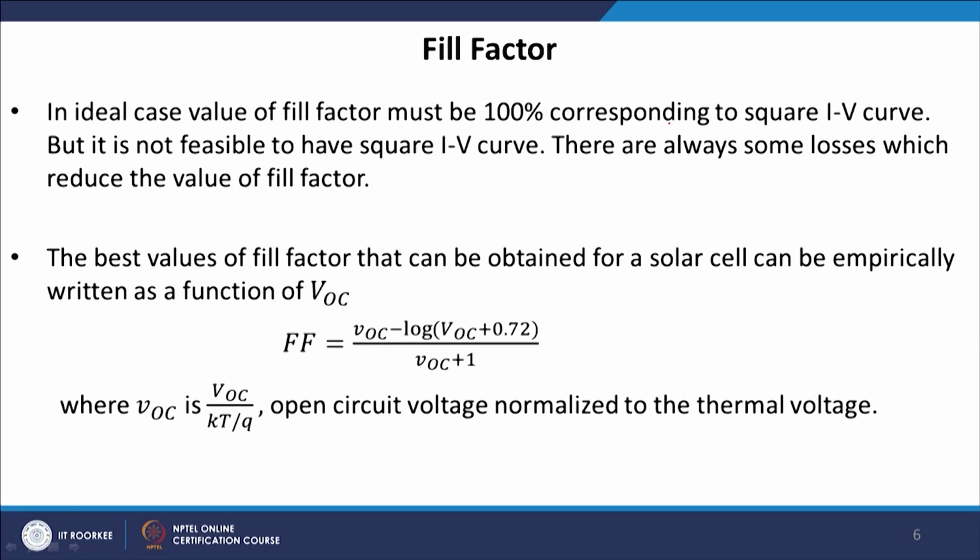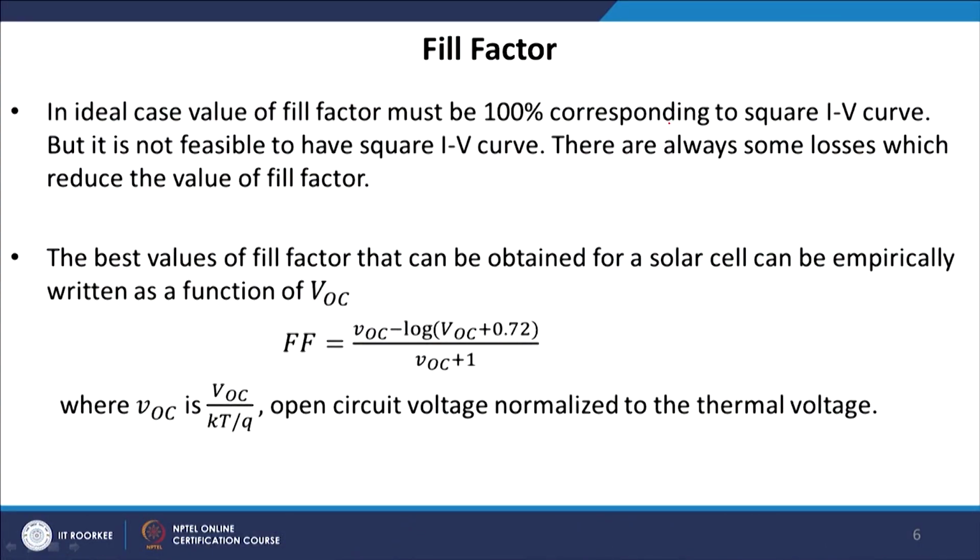It is also worthwhile to mention that the fill factor value can tell you how good the quality of the solar cell is. In the ideal case, the value of fill factor must be 100%. That means there should not be any deviation from the square nature. But in a real solar cell there can be deviation, and where is this deviation coming from? Due to resistance. What kind of resistance? It can be series resistance or shunt resistance. What contributes to the resistance? It can be the metal semiconductor contact or the defect states which come due to the growth of the semiconductor.